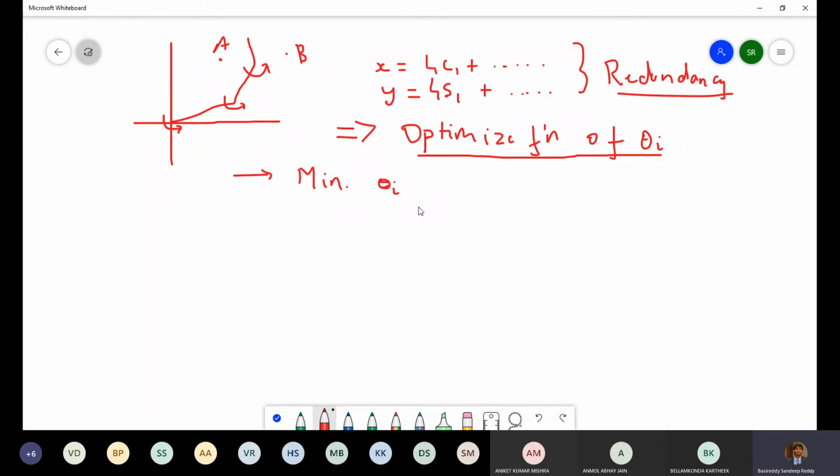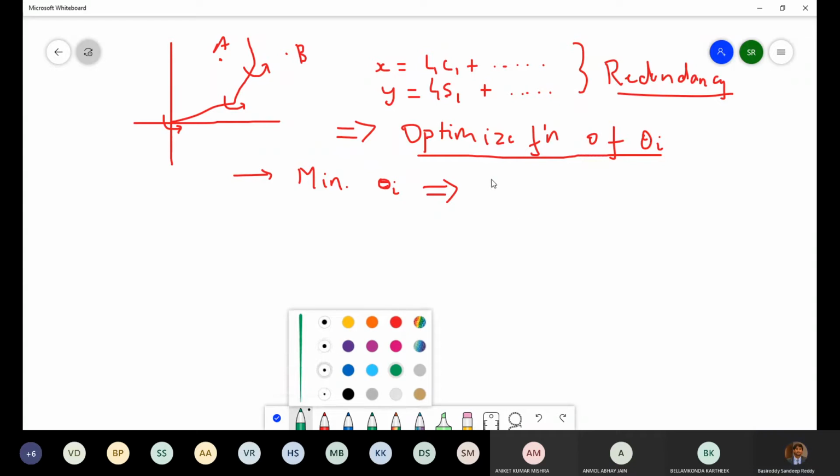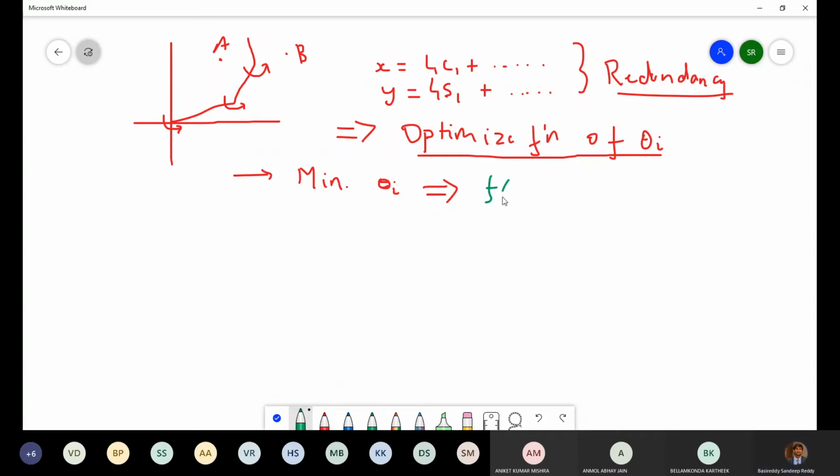So in this case what we do is we form a particular function, let us say something like this, and we try and minimize this function f of theta, right?